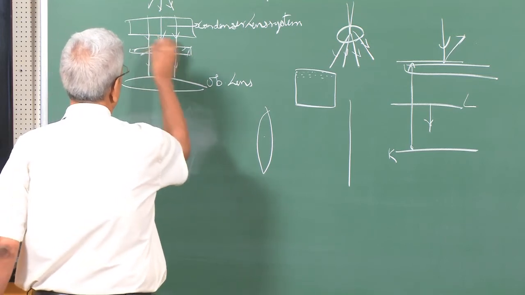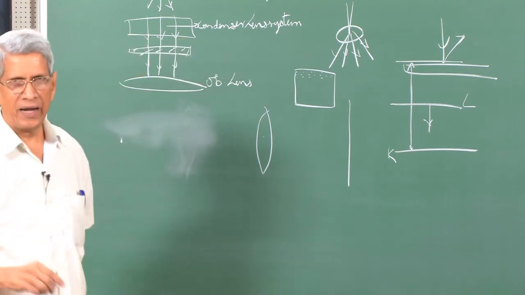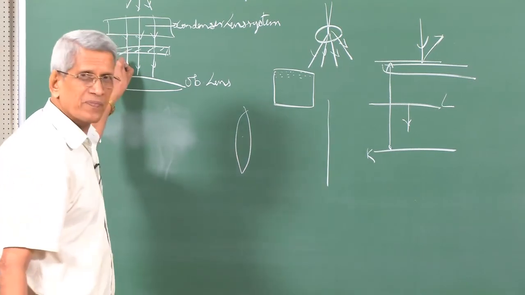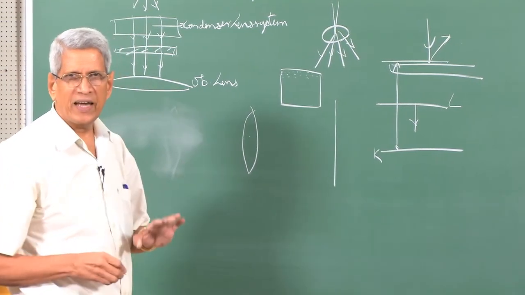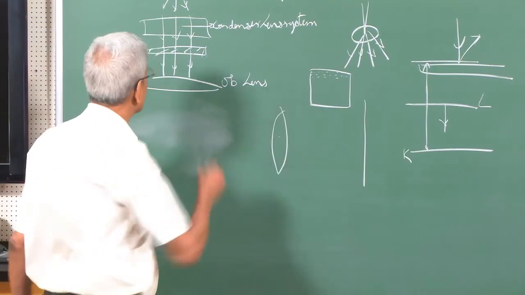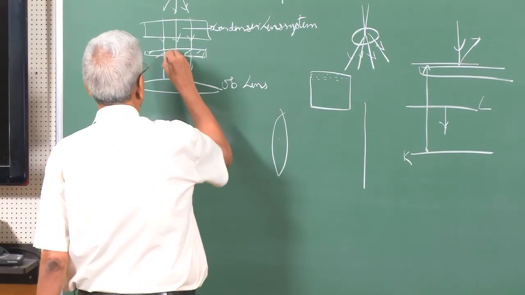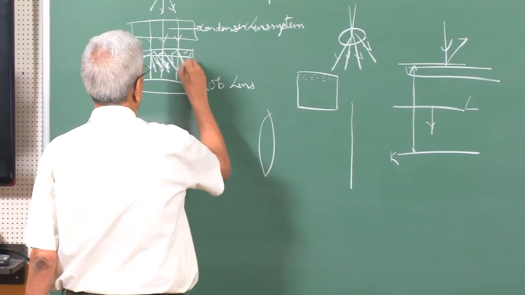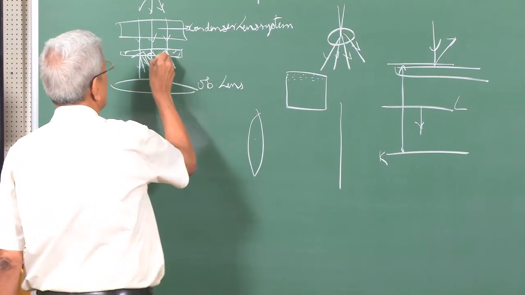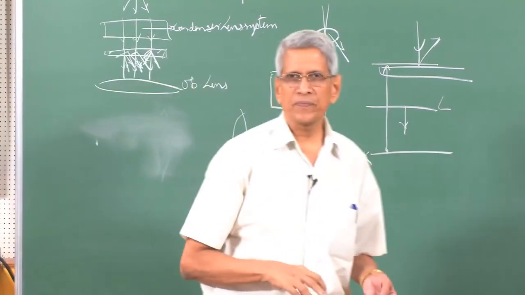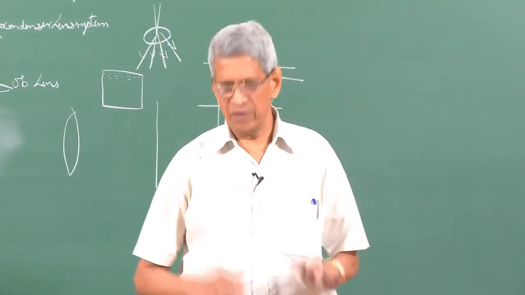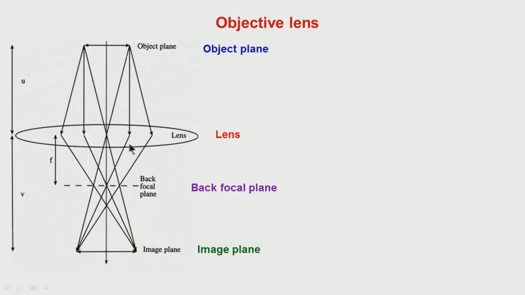Now, when the beam has fallen onto the sample, it comes out of the sample surface. We can assume that initially we have a parallel beam. When that parallel beam falls onto the sample surface, depending upon the interaction with each of the atoms, the beam will be scattered in different directions. Beam could be scattered from this region in various directions. Similarly, here also, the beams could be scattered in various directions. This scattered beam is what falls on the lens, correct.